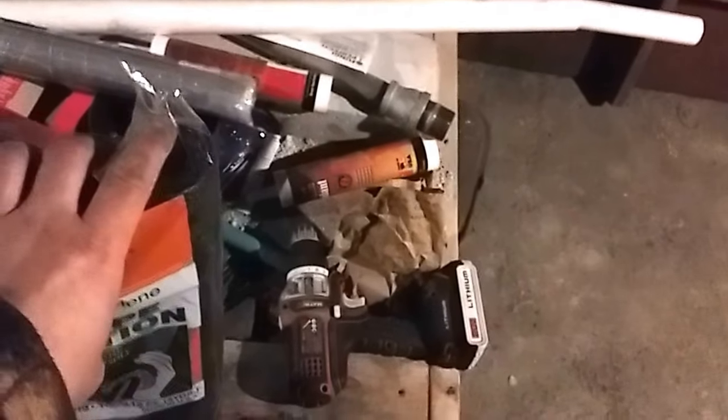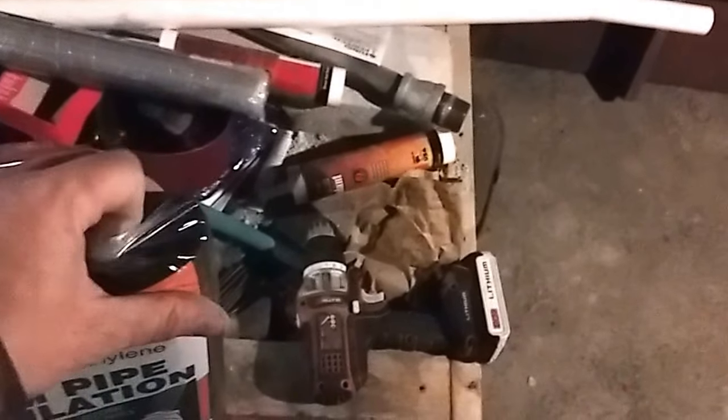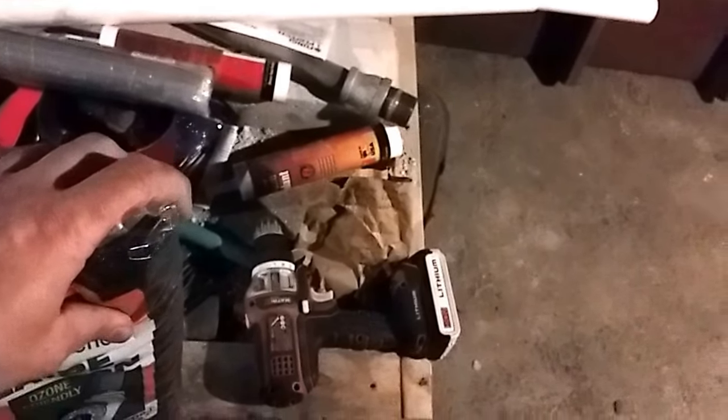I was originally thinking about just using some PVC pieces and stuff like that, but then I was like, okay, then if I do an elbow, how am I going to get out, kind of thing. So I was thinking, well, the foam is flexible and I can coat it at least with oil or some kind of release agent, and the cob shouldn't bond to it. But I'll kind of look into it and study it a little bit more, but